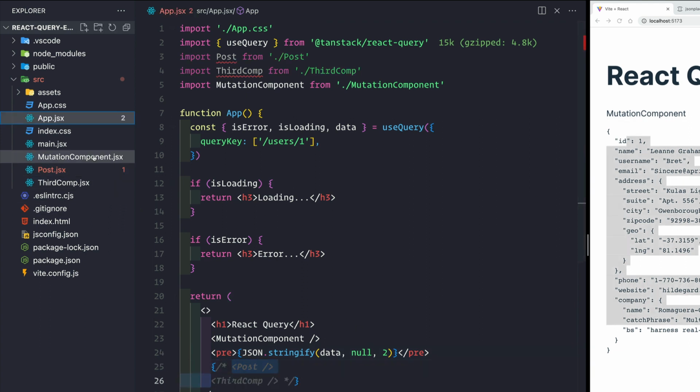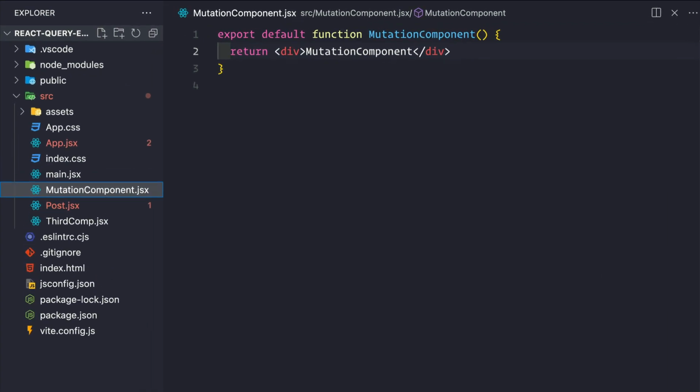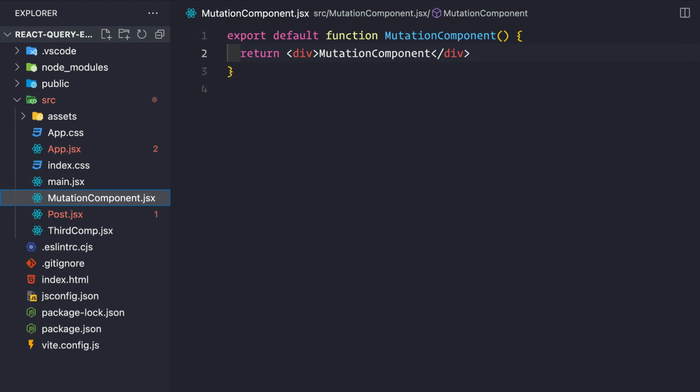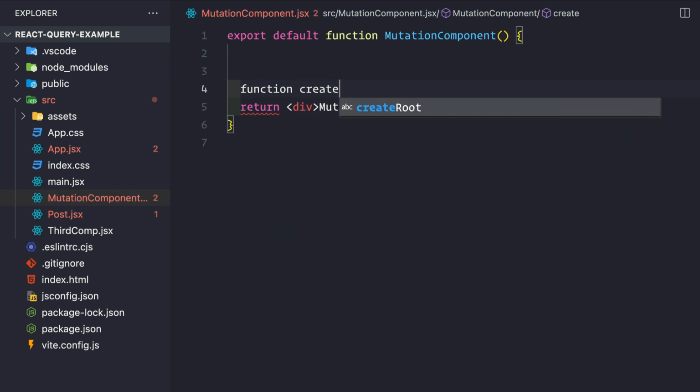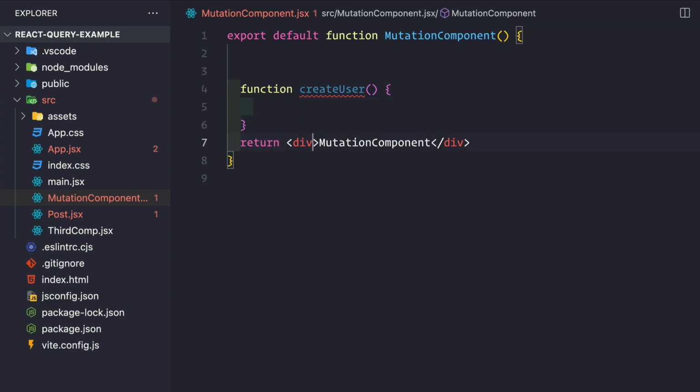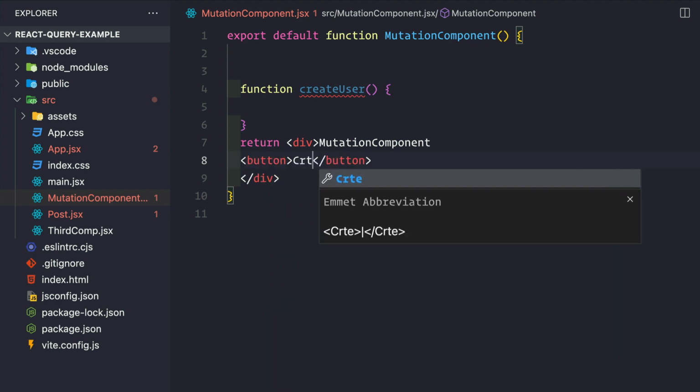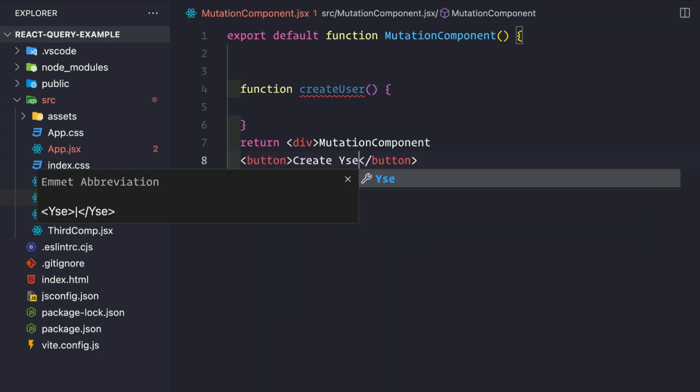So now let's go back to our mutation component, and here what we need to do to mutate data, you need to make an API call or a post call to your API, and then you can mutate data. So let's say that we want to create a user. So let me create a function here to create a user. So function createUser, and for simplicity I would be calling this function from a button click. So let me provide a button here that says create user like this,